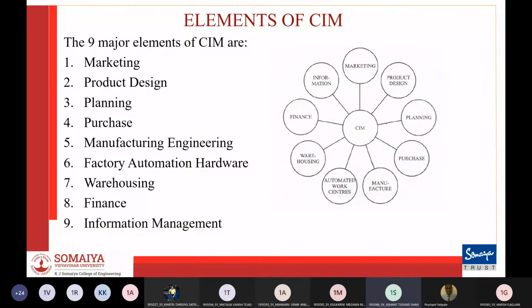So first comes the marketing department. The need for the product and its specifications, marketing quantities, and cost to assess economic viability of the product. All of these are decided by the marketing division of the company. Then in product design, the design department establishes the geometric modeling and CAD while considering product requirements. This process is constrained by cost of actual production and capabilities of available equipment and processes.